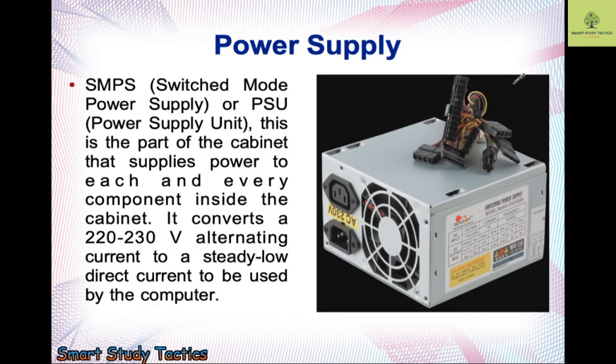So now we have the power supply unit, which, as I told you in the beginning, is SMPS, switch mode power supply, also known as the PSU, power supply unit. You can see here the two connectors. This is the male connector, this is the female connector. Any type of cable you have, you can connect with this. It accepts 220 to 230 volts, and it accepts alternating AC current and converts that current into DC current, direct current. Make sure to please remember this one. It accepts alternating current and converts AC to direct current.